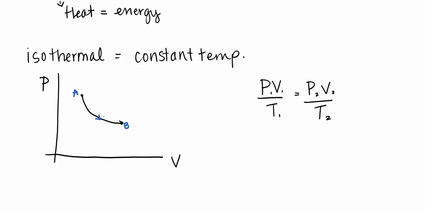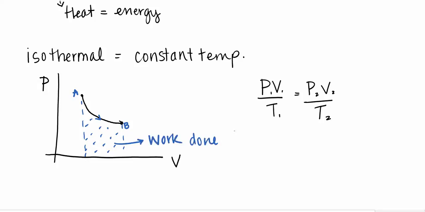So we could find the work done by the gas. Now, truly, because this is not a constant pressure, we would have to find the area under this curve. All this blue dotted stuff would be the work done by the gas